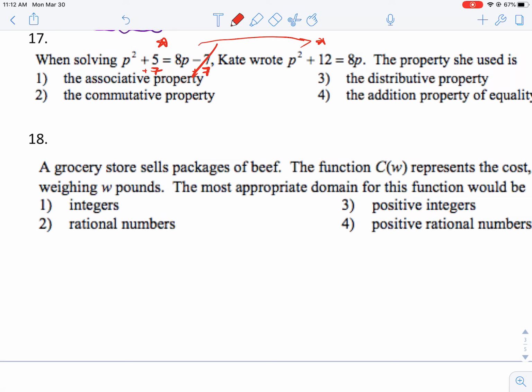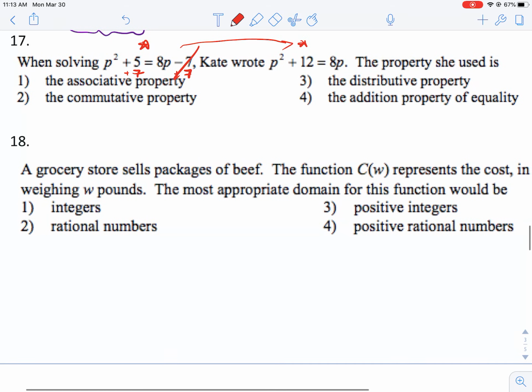So what they did was they added 7 to both sides. And by doing so, the 7's canceled on the left, and you got p squared plus 12 equals 8p. When you add something to both sides of the equal sign, you're keeping both sides equal, because let's not forget,